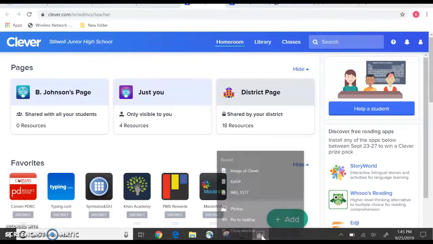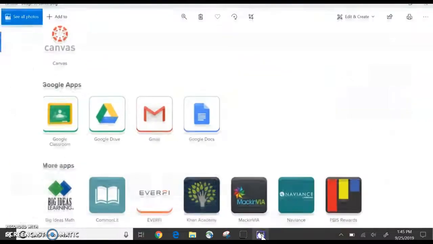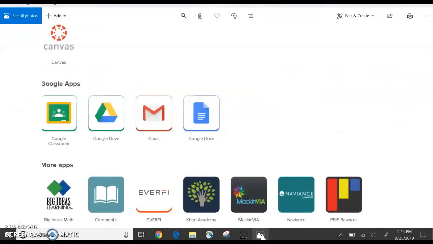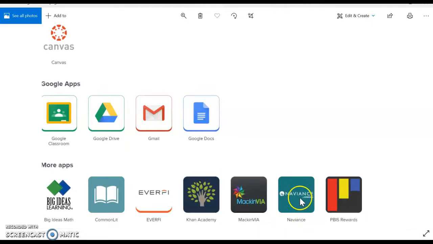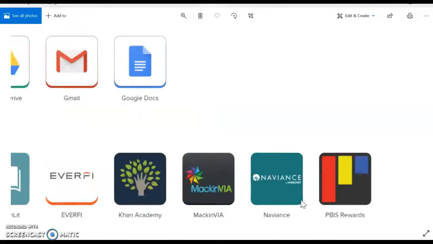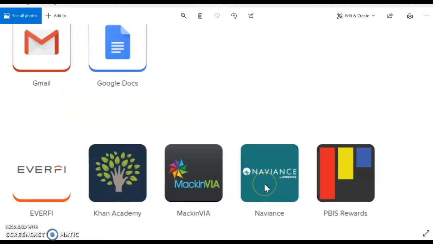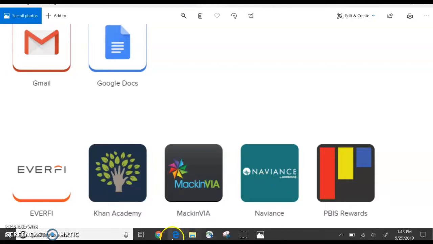Once you have logged in, the screen will look like this, and you will have different options of things that you can go into. At the bottom of the screen, you are going to see the Naviance tab. You're going to want to click on the Naviance tab right here, and once you do, what you will see